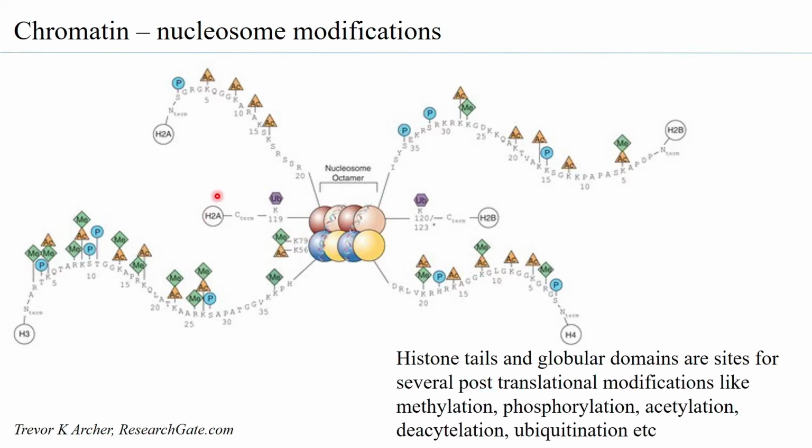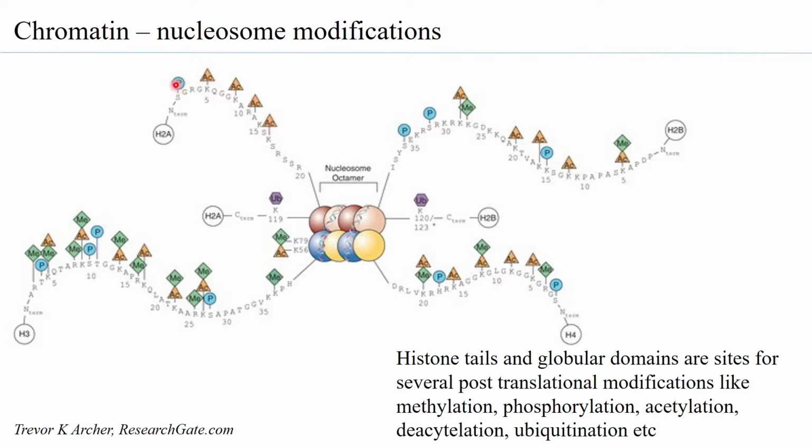And extremely interesting to note is that depending on how or what is carrying out the modifications at the histone tail, you will have what is called a histone code. So for example, here you have serine being phosphorylated at this position. You have a lysine at the fifth position acetylated. You have another lysine at the ninth position acetylated. You have another lysine at the 12th or 13th position acetylated. And then again, say for example, acetylated at 21st position. Suppose this is the way the modification happens, then this is a histone code.